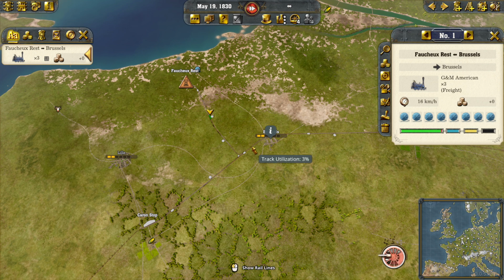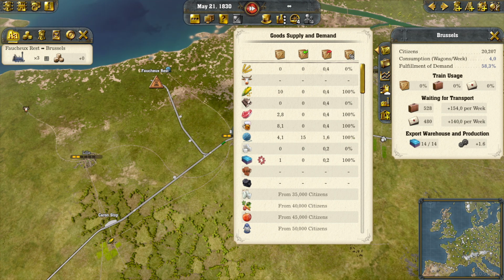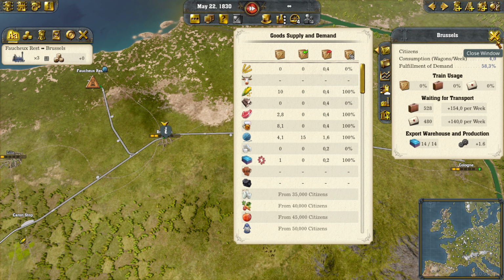And don't skip this video because you probably have been doing this. I know I was doing this incorrectly when I first started. But they're going to deliver wool for Brussels, and Brussels is going to be happy that their wool demand is going to be at 100%. All right, let's say you want to